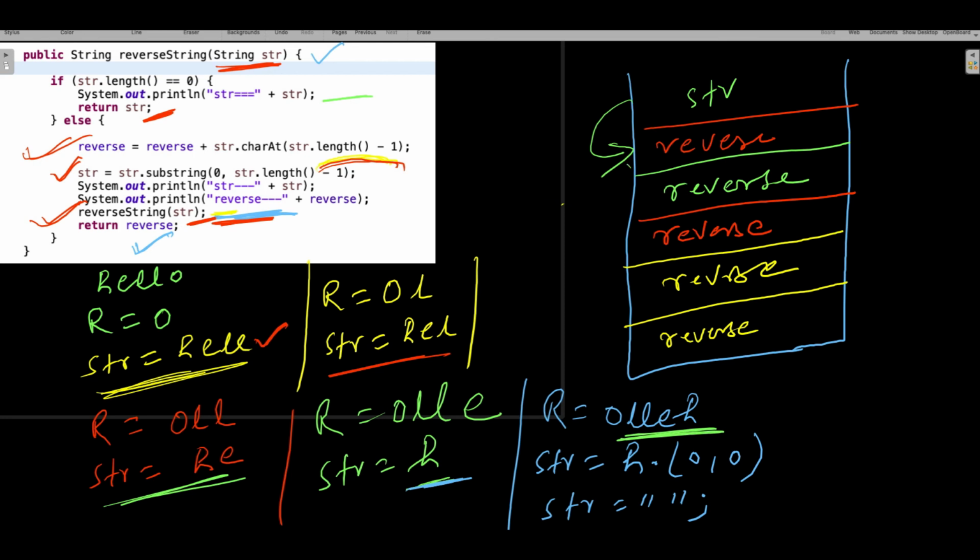Now this reverse will return to this reverse. This reverse will return to this, will return to this, will return to this, and finally you will get this as an output. You got it? That's how it works, guys. And now you got it, how easy it is to write the same call in the recursion. It is really very easy. Once you understand the concept, writing recursion becomes very, very simple, right?